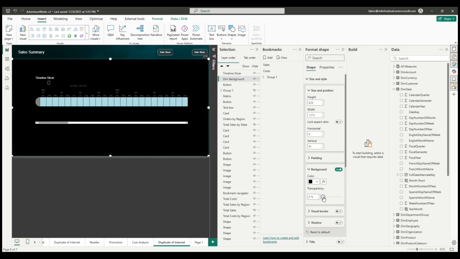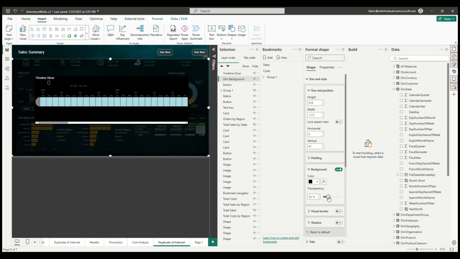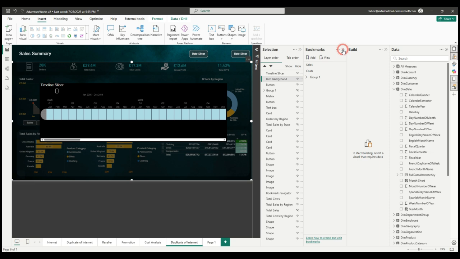At the same time, I'm going to reduce the transparency, and as I do that, you'll see that the background is now letting through my visuals which are on the canvas behind the shape itself. So let's just reduce that down to there, and we can do that slightly more if needed. Perfect. So let's minimize this for the moment, and there we go. We can now see our background, which is dimmed out, and our timeline slicer is sitting on top of that